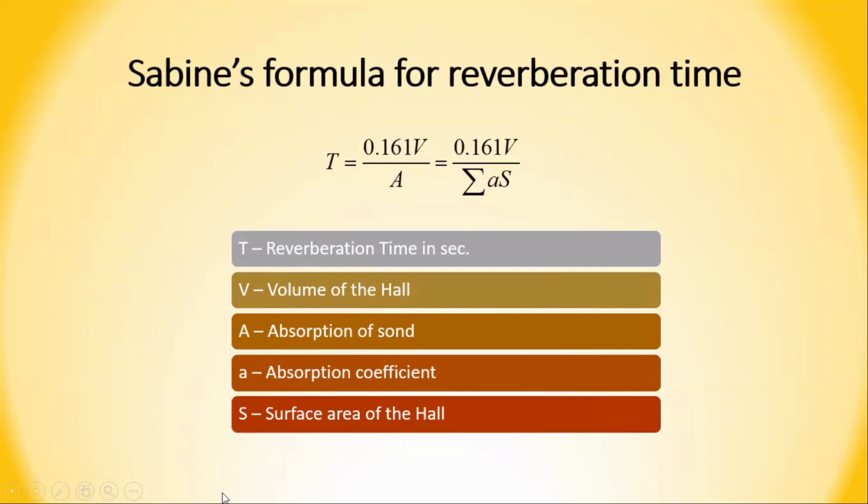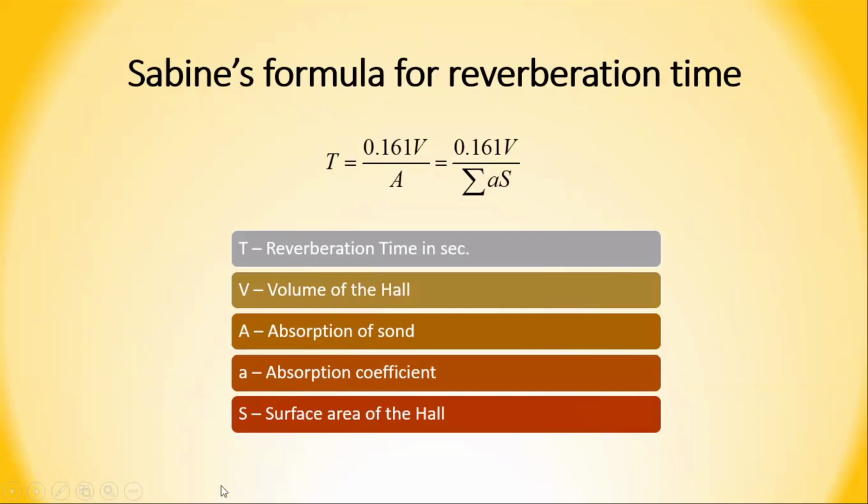So, for that, Sabine has derived a very good, well-known, famous formula known as Sabine's formula, right? And this theory is known as the reverberation theory. What is the formula that he has derived? Capital T is equal to 0.161 V upon capital A. In some of the books, it is written as 0.167. Okay, so you can write either.